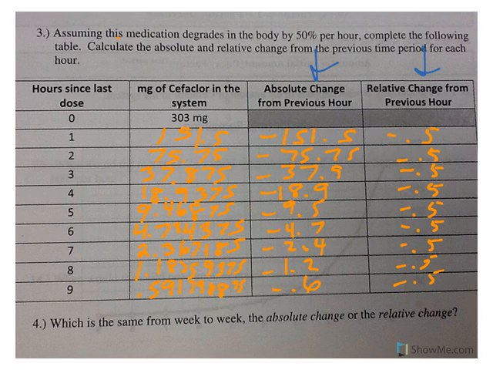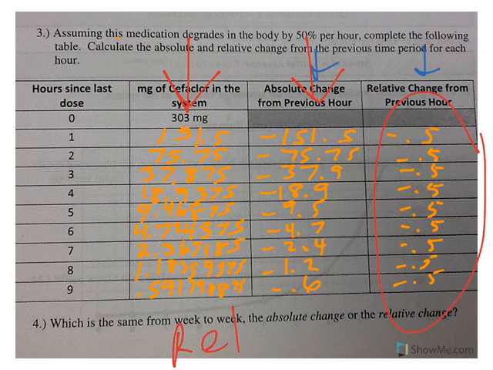Okay, so if you notice, hopefully you noticed, I rounded in my absolute change column because that was a lot of numbers. But if you notice that these 2 columns, the milligrams of cephalexin left and the absolute change, the only difference is the negative in the absolute change column. And that is because you're cutting it in half. So the difference between what you had before and what you have now is the same as what you have now because you cut it in half, right? And it's negative because it's decreasing. And then you'll notice that the relative change is the same for each. And so that answers question 4.